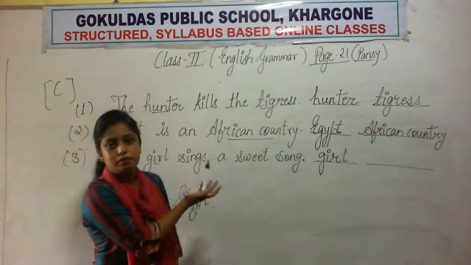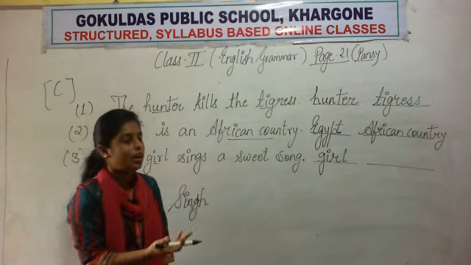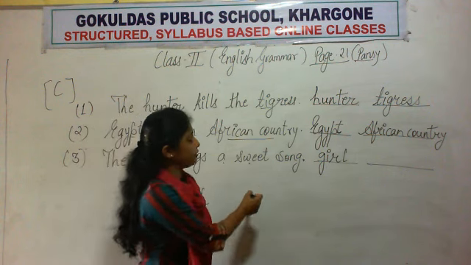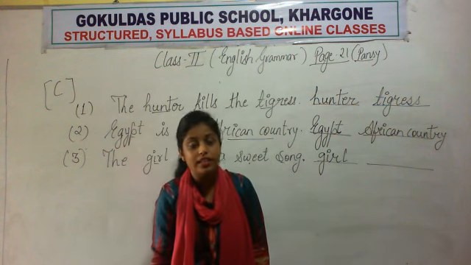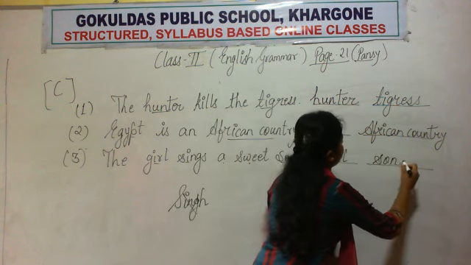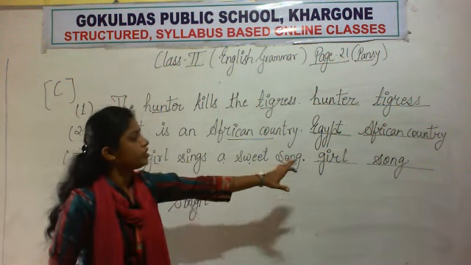So verb, we don't have to concern the words here. We have to just pick out the noun. So this will not come in that time. A sweet. These will also not come. Song. Song is a noun. Okay. Song is what? It is a noun. So song will come here. Okay. The girl sings a sweet song.